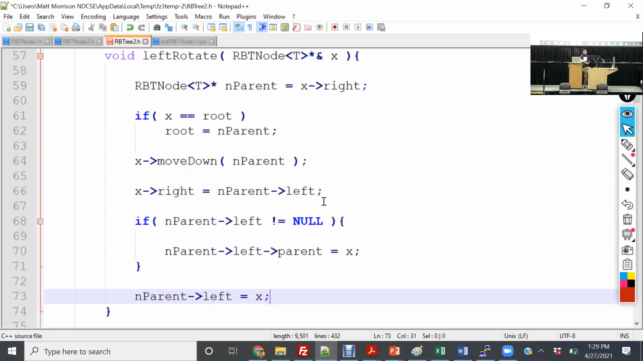We have n that initially creates a pointer. It's going to be the new parent. We set that equal to the right. We're going to say the x is the root. We make sure that we can actually find the data structure. Then we're going to move x down so we can control all of that pointer movement using that move down method. Then we're going to say that the right pointer of x is going to be equal to the new